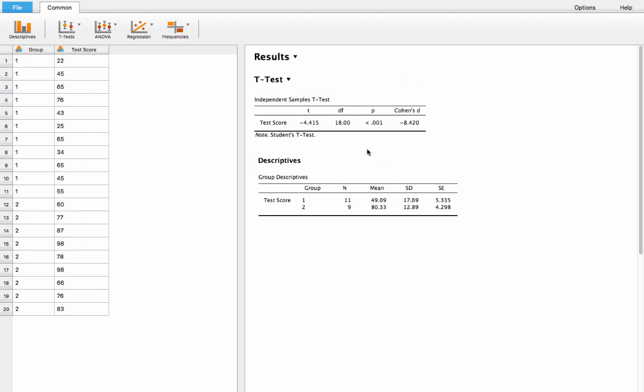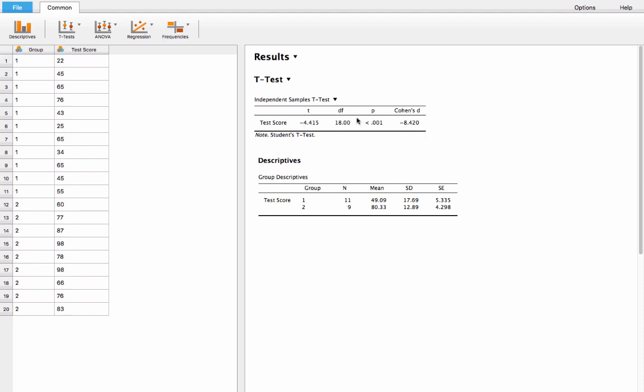So although it is very interesting to note that there was a really big effect, what was the effect? You'll notice that the mean for the control group was 49% on this test compared to the experimental group, group 2, who had a mean of 80. So just eyeballing it, you can see that there's a pretty big difference, but eyeballing it is never enough. We need to run the statistic to see if it's statistically significant. In this case, it was